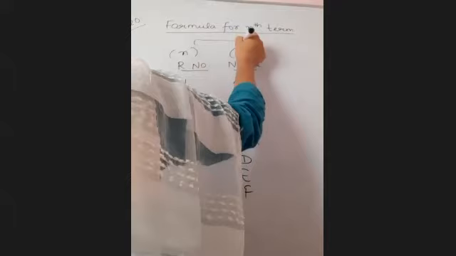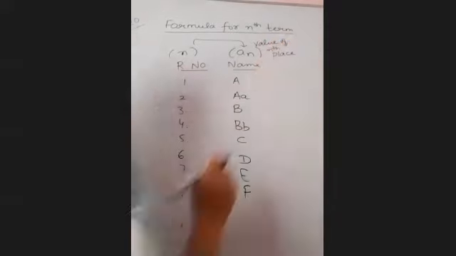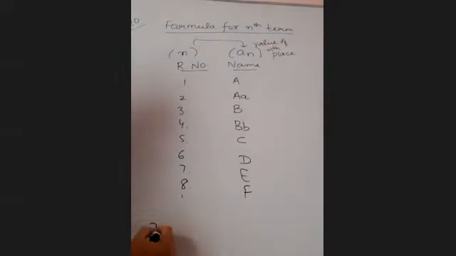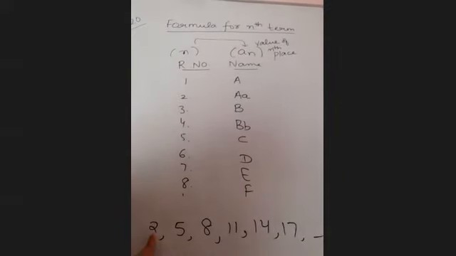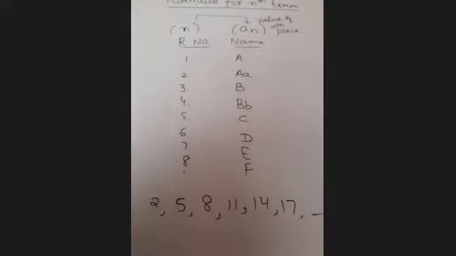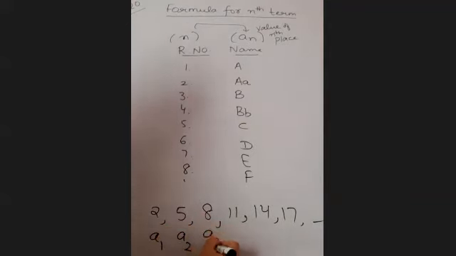And your name will be An. Now, what is this An? An means value of nth place. For example, the previous AP we took: 2, 5, 8, 11, 14, 17, so on. Here 2 is first term, right? So for the first term we used the symbol A1. 5 is second term, A2. 8 is third term, A3, A4, so on.